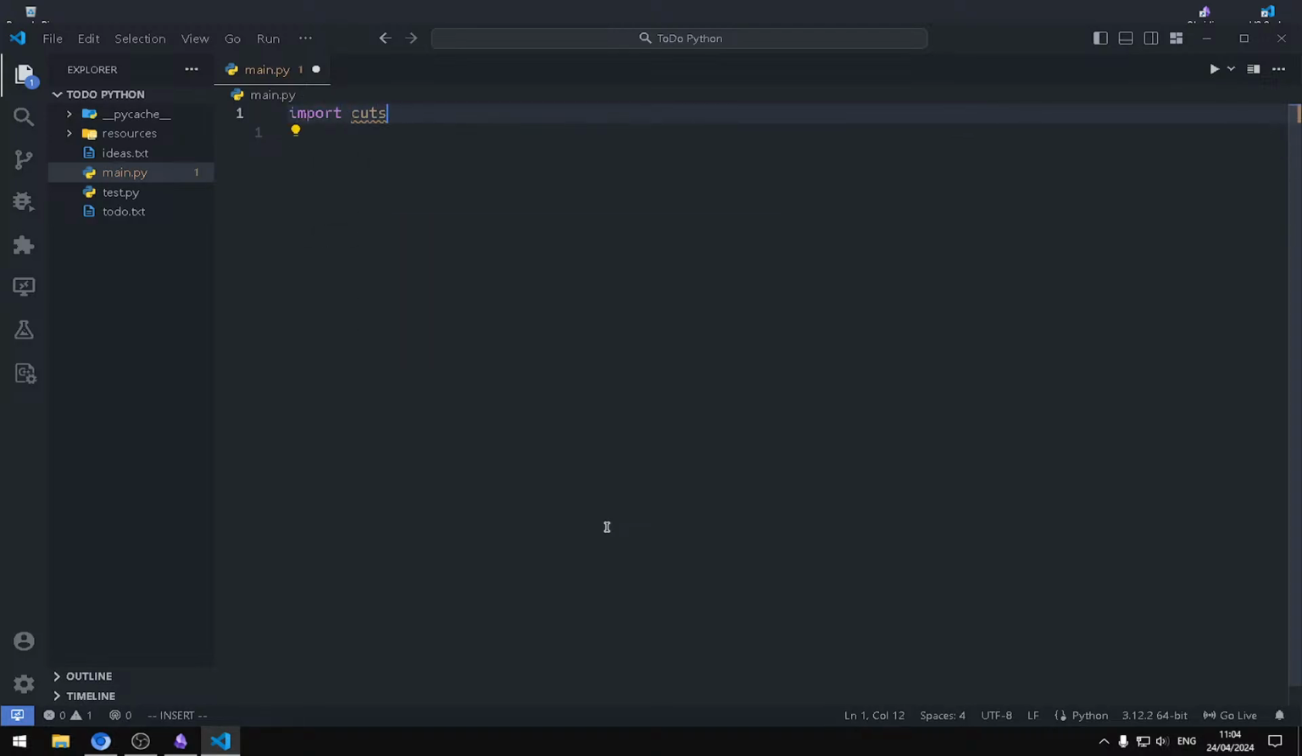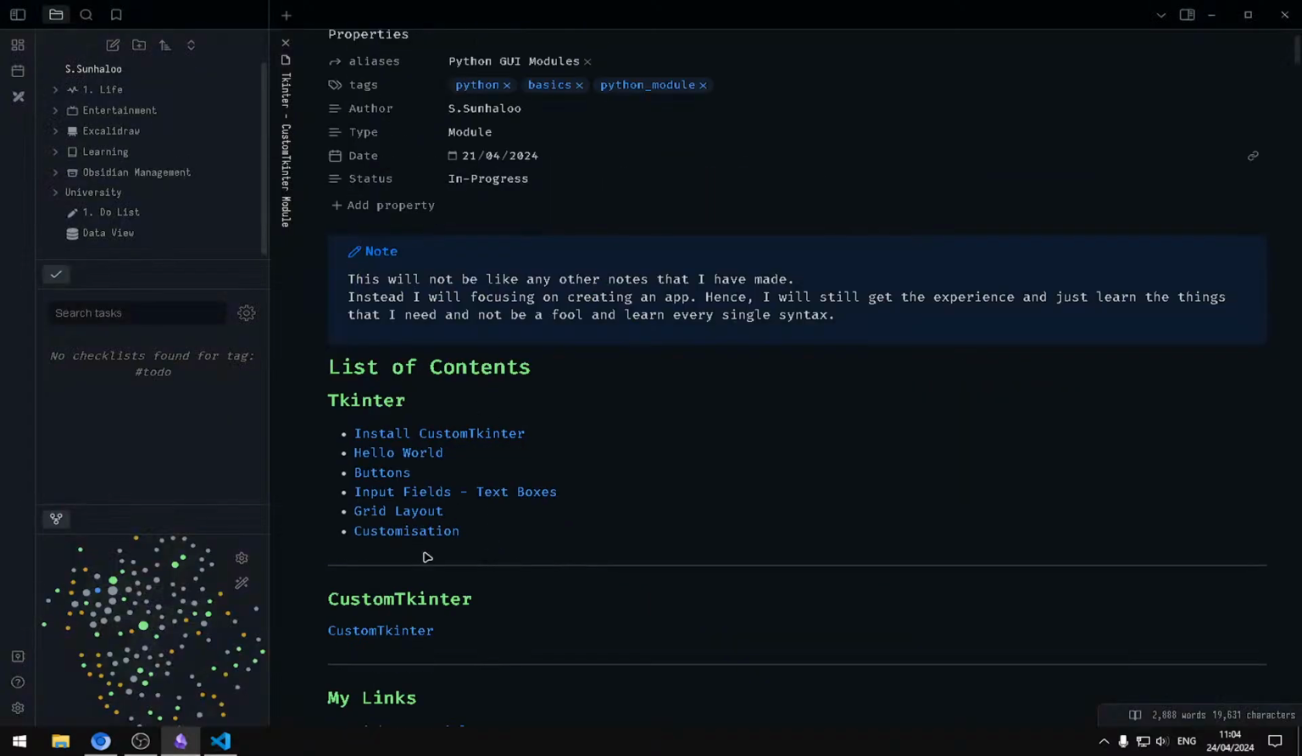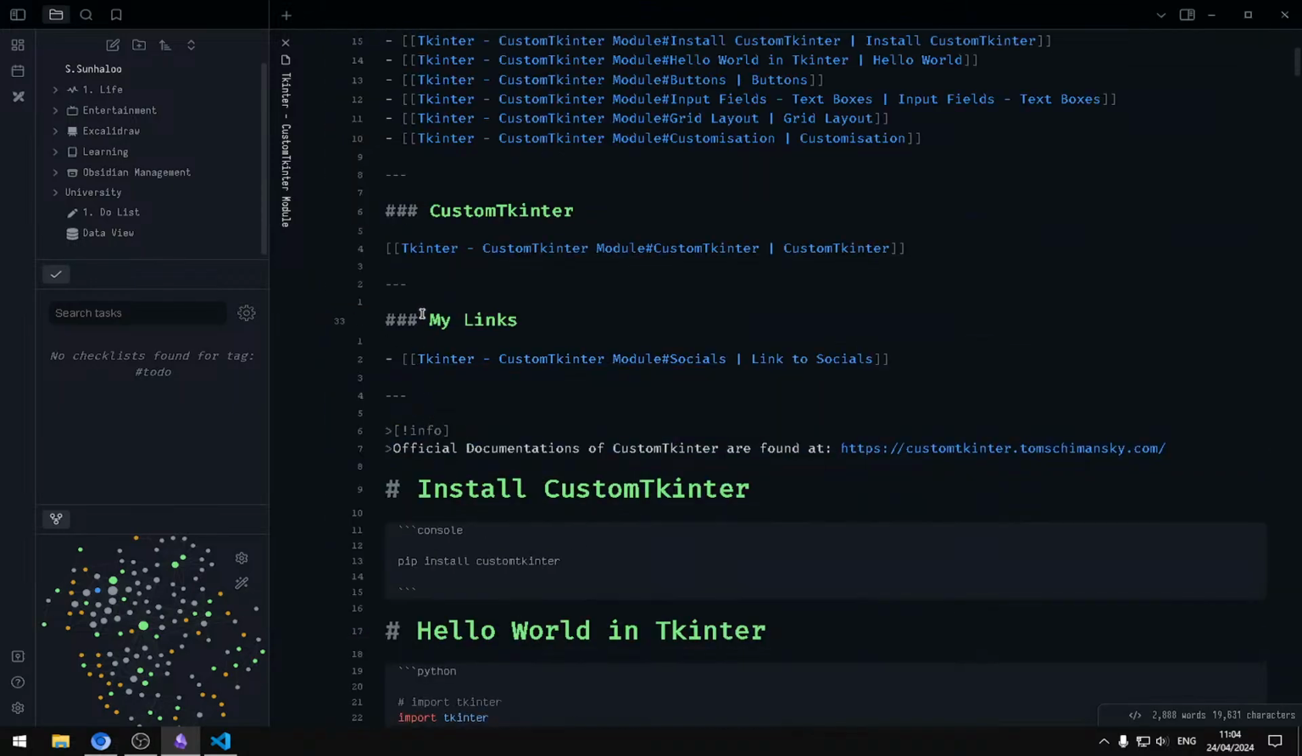Import CustomTkinter SDK. Create a window. Set the default theme to light. So root dot. Is it actually like that? CustomTkinter. Oh, there we go. I don't have the file. That's what is